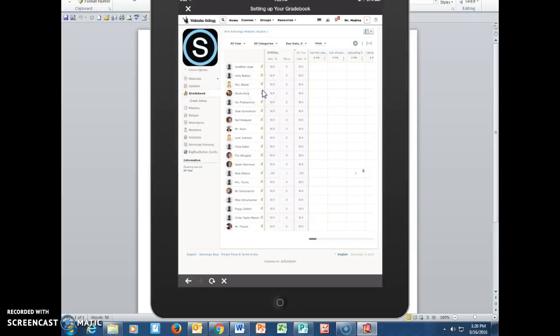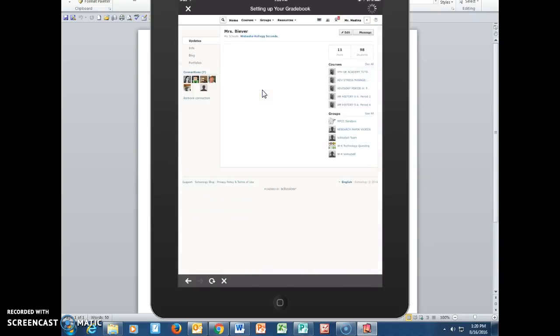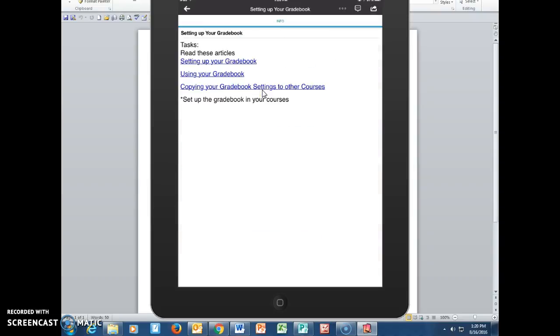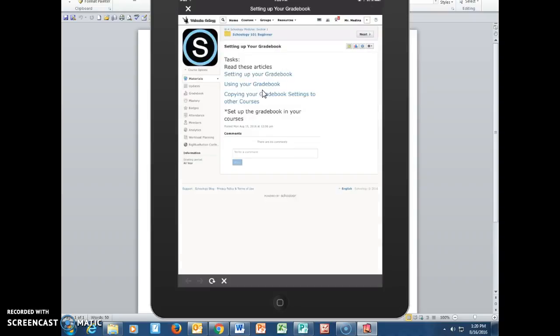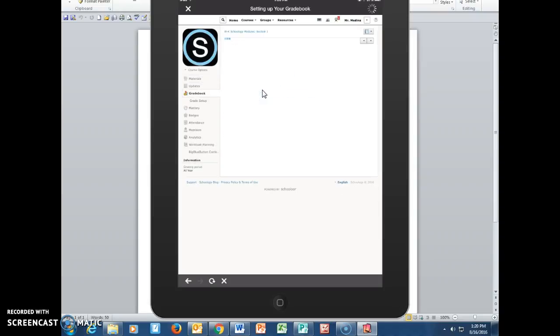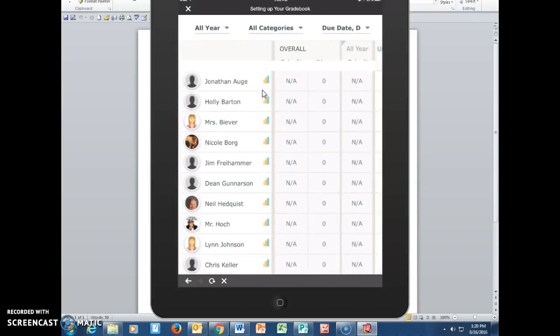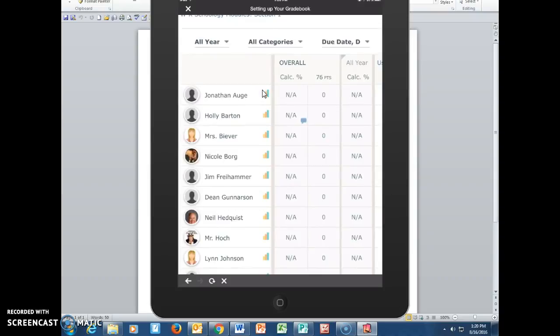If I touch that, oh, I just got to, let me go back. If I touch that, sometimes you touch the wrong thing, it takes you to the wrong place. So if I go to gradebook one more time, loading. Usually this is a lot faster, right now it's kind of slow. So if I touch that bar graph,